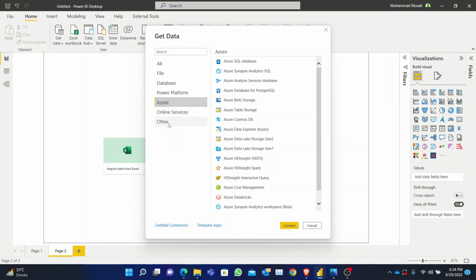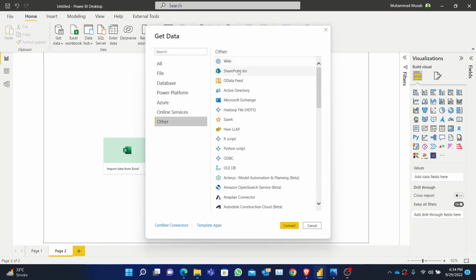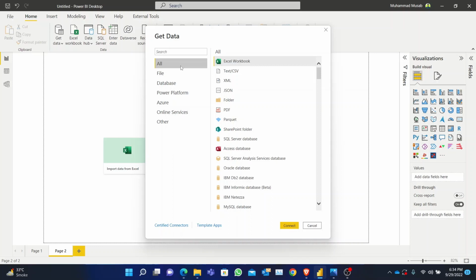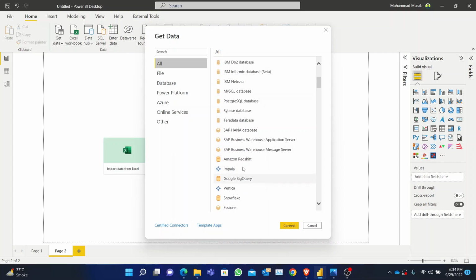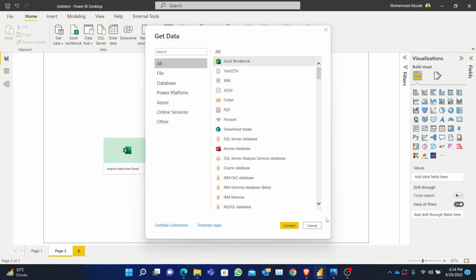And in Other, you will see Web, SharePoint, and OData feed. So in our normal day-to-day routine, the databases that we come into contact with and from where we are pulling our data, mostly, or you can say 99%, are available in Power BI. So now we just close it,